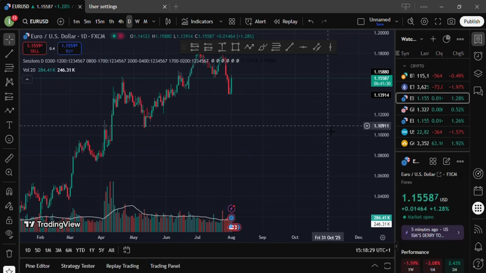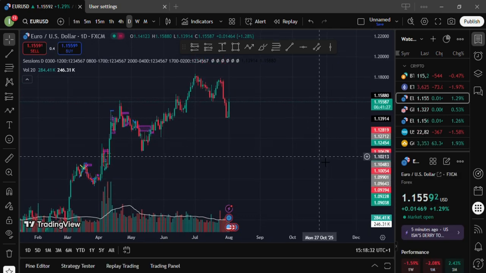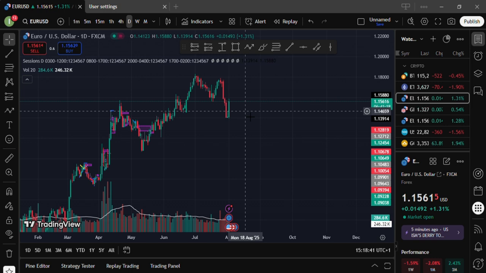Let me see if I can do one more top-down analysis. This is the top-down analysis right here. So I'm just really working on the daily time frame, not something that will happen tomorrow or the next day. It's a top-down analysis for the month. Okay, so let me check on